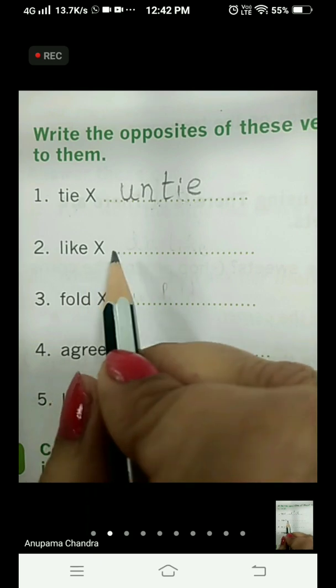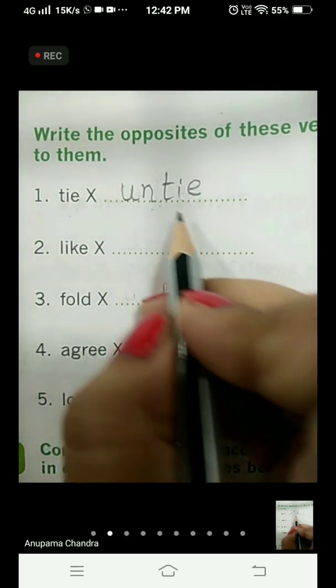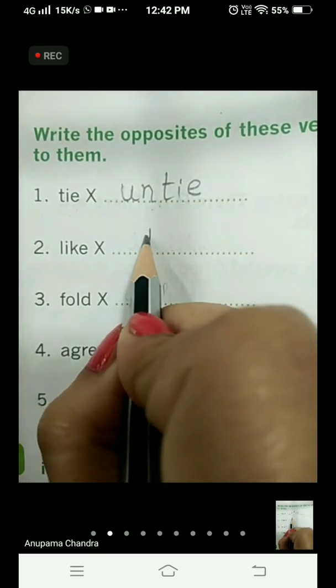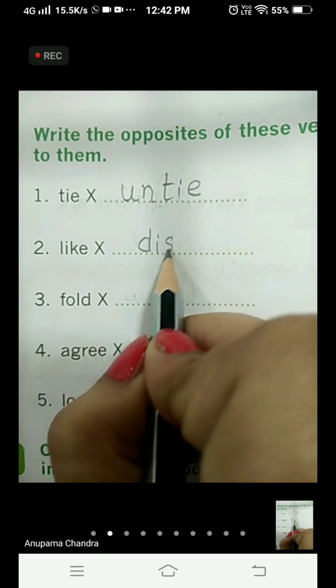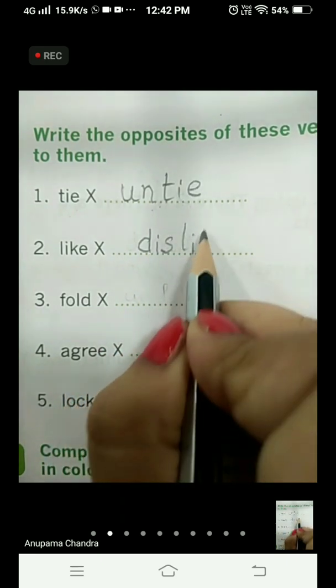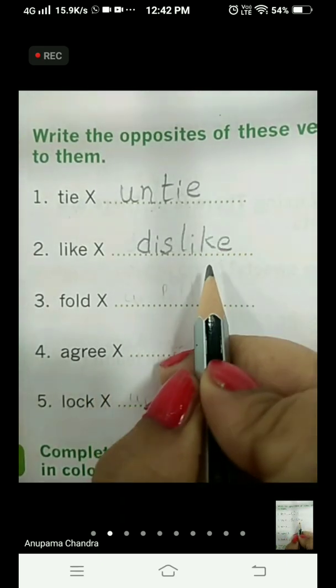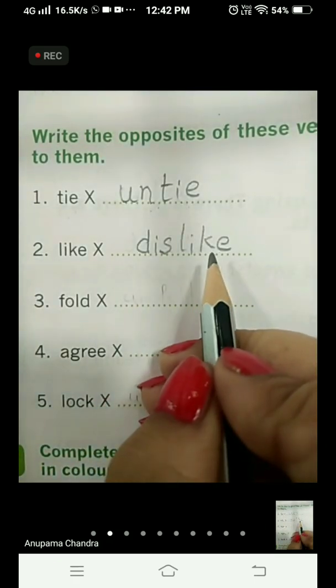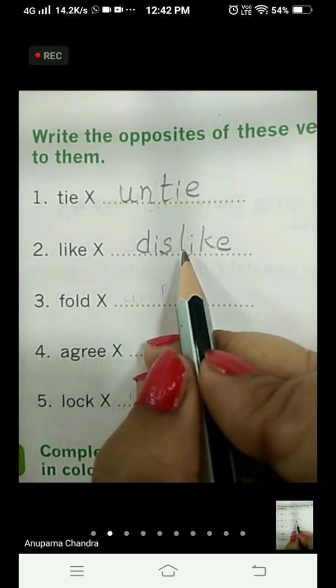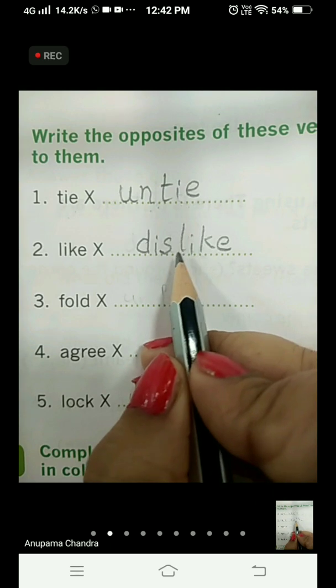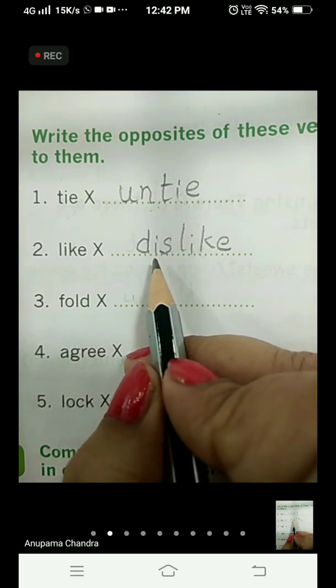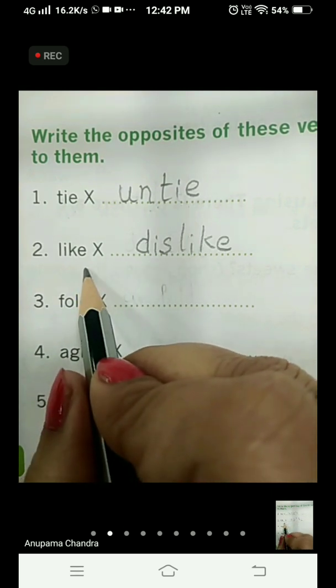Like. For this word, we will use DIS. Dislike. We are using DIS here to make the antonym for the word like.